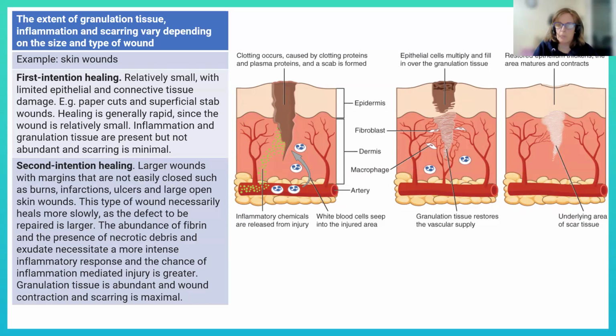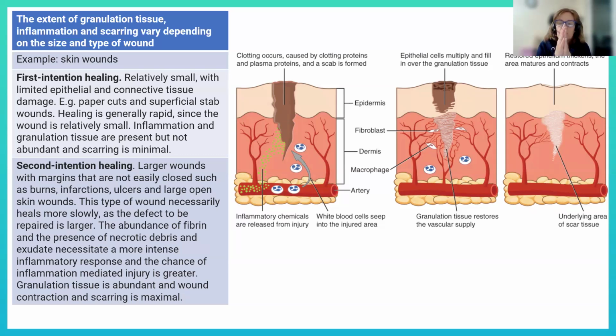Then the other thing that can happen is second intention healing. This is where you get larger wounds. So the margins are not easily closed. So imagine a paper wound. It's really easy to stick that back together. I mean, they bleed a lot if you cut your finger, but you can easily stick the two ends of the wound back together. But if you've got a large wound where the skin area damaged is large, it's much more difficult. So for example, if you've had a burn or an ulcer, or if you've had a graze, you know, when you used to go skidding across the playground and get a big graze on your knee, it was a large area, it would take a lot more time to heal and for the scab to form,